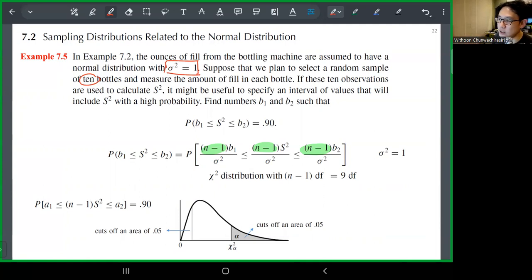So the way they ask is this. They say, if these 10 observations are used to calculate the S square, it might be useful to specify an interval instead. Not only use the value, but say it's going to fall within an interval that will include the S square with a high probability. Find the numbers such that the probability is 90%. So what you're trying to find is those two